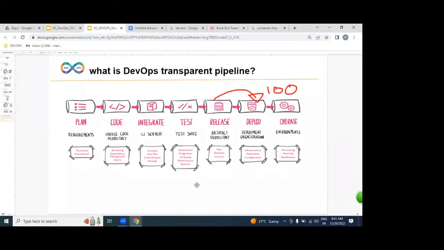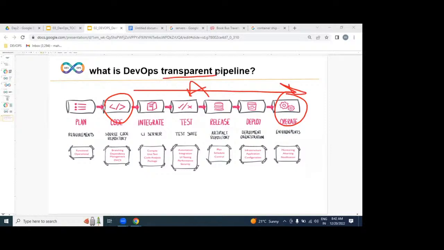Understood very clearly. What is DevOps, guys? We are going to implement the DevOps process from dev environment to operations in an automated way, in a transparent way. While delivering working software from dev environment to production environment, make sure you are delivering within the shortest time, with high quality, with low cost, with low failure rate. This is exactly DevOps.